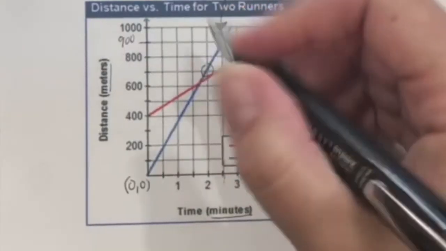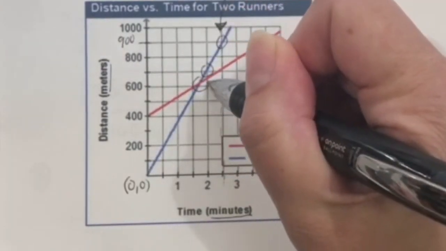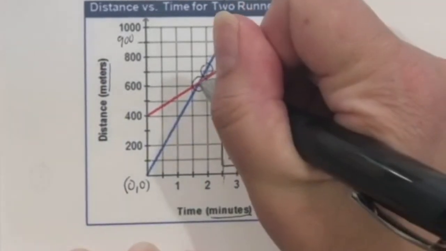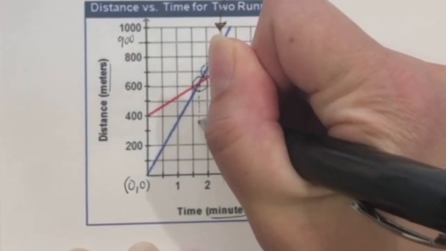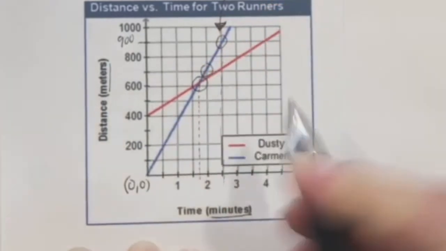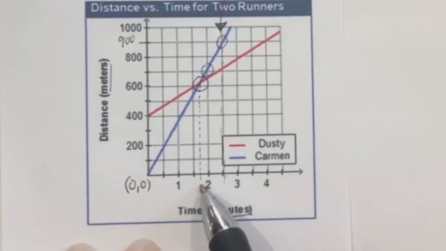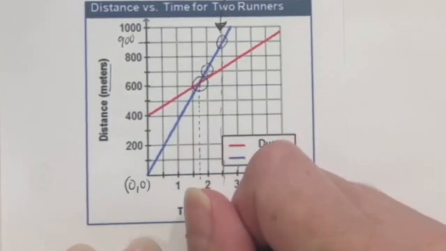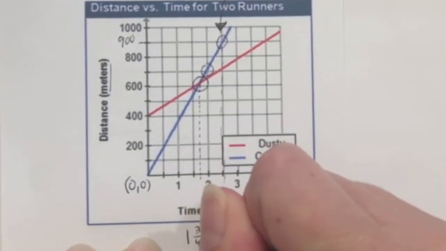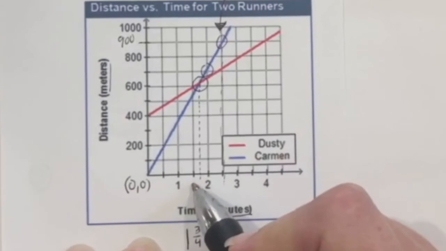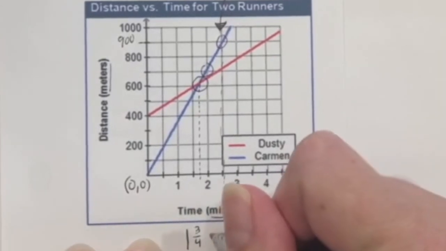Well, that's this point right here where they cross. So we're going to have to estimate. So I'm going to draw this line coming down, and it looks like it's right in between 1.5 and 2, which would be 1 and 3/4 minutes. So 1 3/4 minutes, because this is 1.5, so 1 3/4, or we could say it as